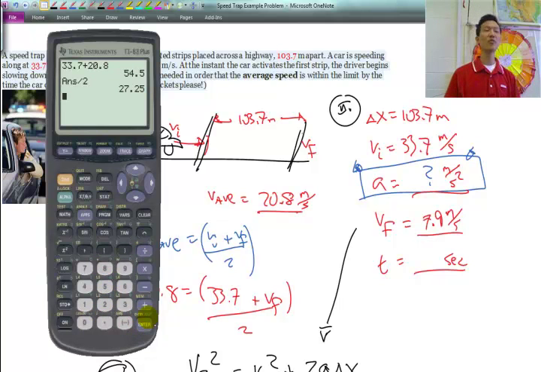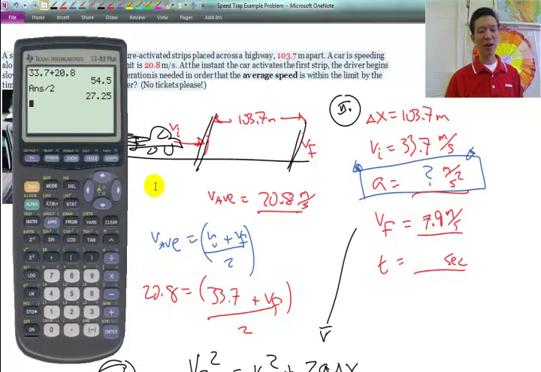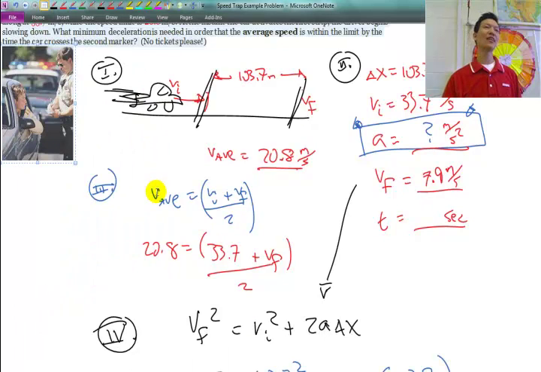So if I add up those two numbers and divide by 2, your average speed would be 27.25, which is over the speed limit. So the trick is you actually had to slow down way more than the speed limit to get the average down to be within the speed limit. Okay? So all it is they give you the average speed in this case instead of the final speed. Okay? So this is a trickier type problem. This would be what we consider not a level 2 problem where